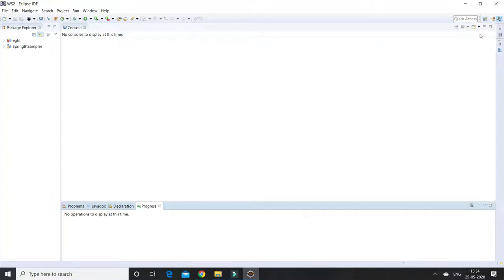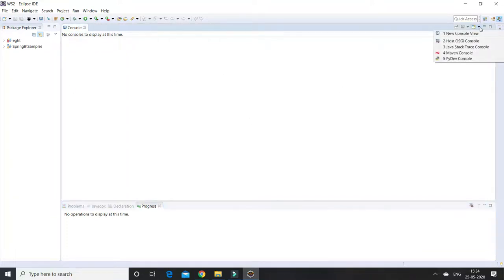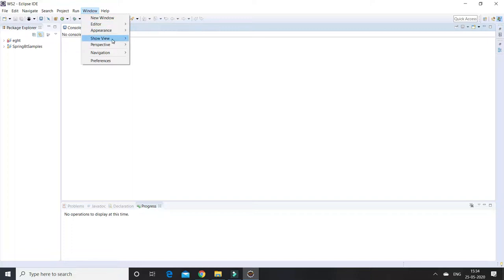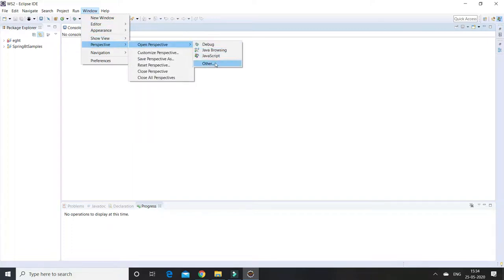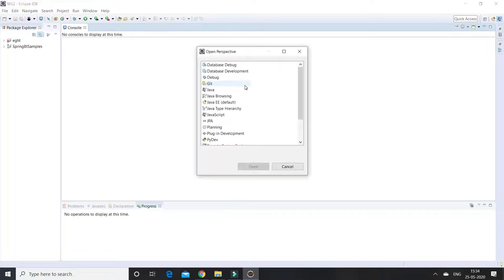I am going to open a new perspective. Window, Open Perspective, Other, click on PyDev, click on Open.